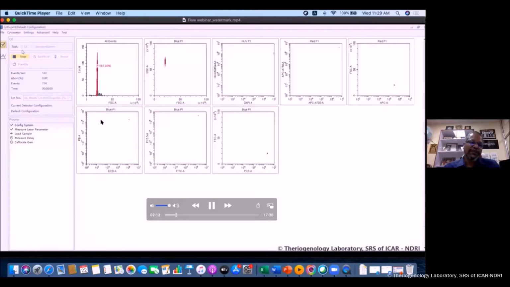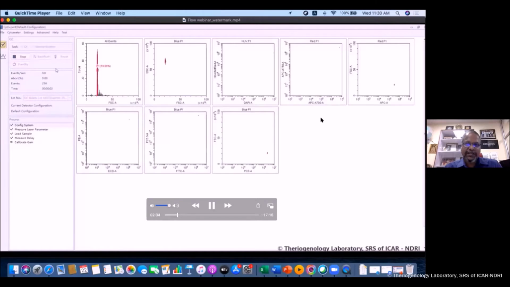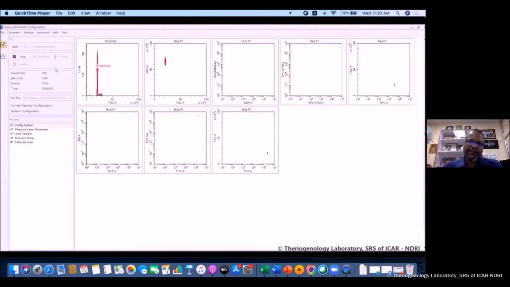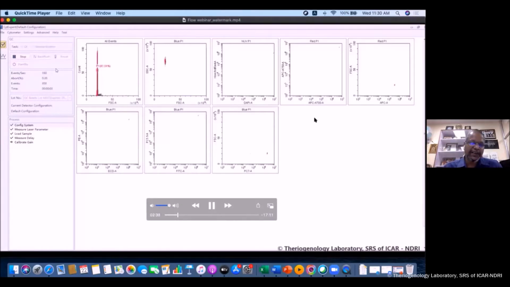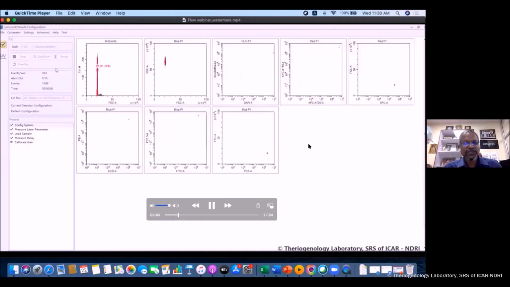Now the machine is loading the sample and then measuring the laser parameters. Here, as I was saying, if the events per second is more than 100, it's quite good. There are different panels which assess all the lasers and other things, whether the fluidics are proper, whether everything is going good. This is of prime importance before taking any assay. Every day you have to do the QC. If the QC comes good, then only you go for an assay. Otherwise, do not do any assay.